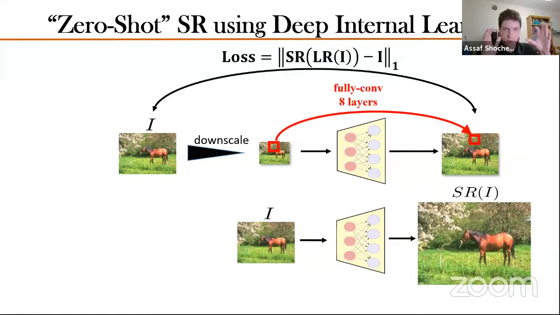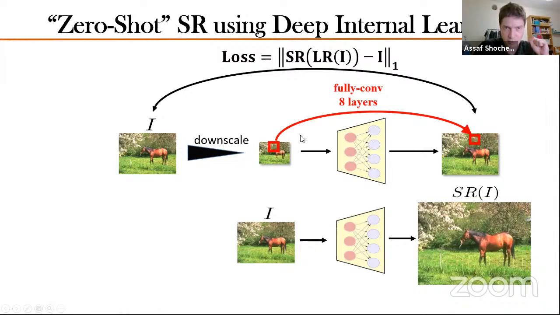And now you have to remember the other thing that we discussed before, and this is that natural image patches recur across different scales of the image. So the same distribution of patches that we have here